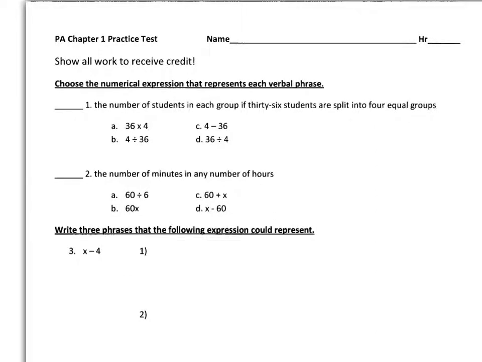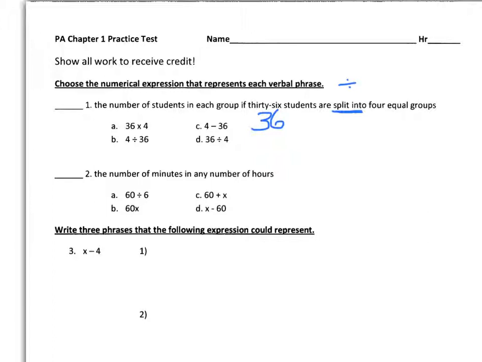Okay, problem number one. The number of students in each group if 36 students are split into 4 equal groups. Okay, so we're looking for keywords. Our keywords here are "split into." If we're splitting things into, that's going to be a keyword telling us that we are dividing. So we're going to look for